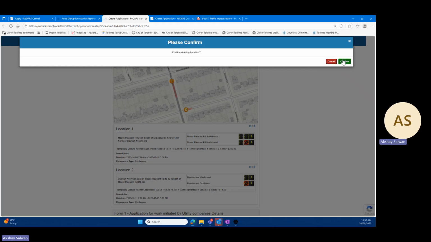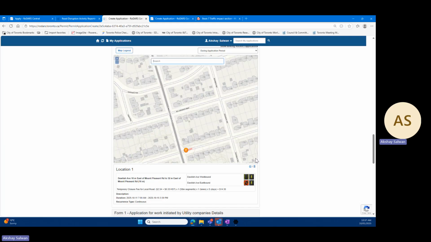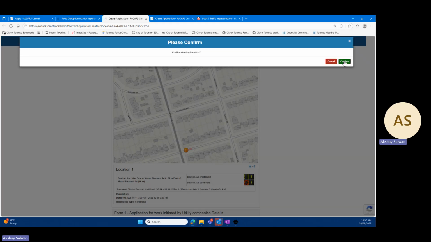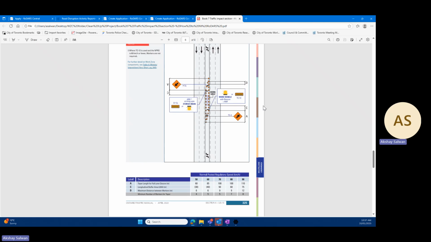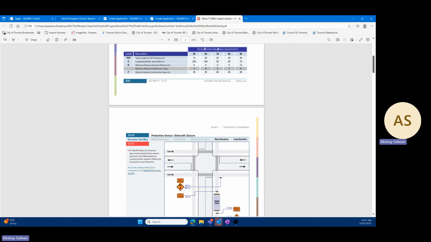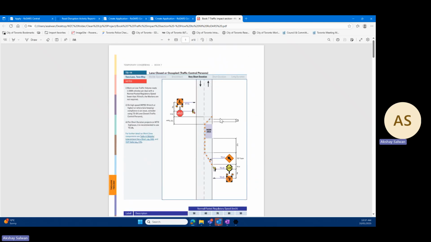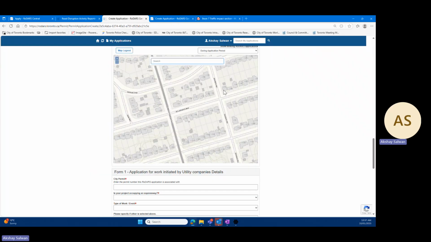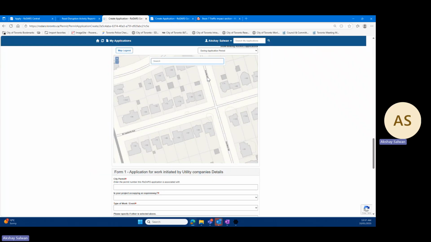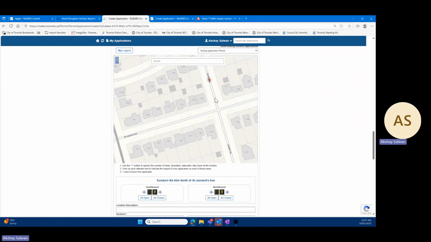Now I will go through some of the examples from the OTM Book 7 and go through each of the scenarios. So let's go through one by one. Let's go with the first one. Pretty simple closure. One lane is being closed, and on the other lane we have two TCPs controlling the bidirectional traffic. So for example, I'll take the example here, right click once, right click twice,